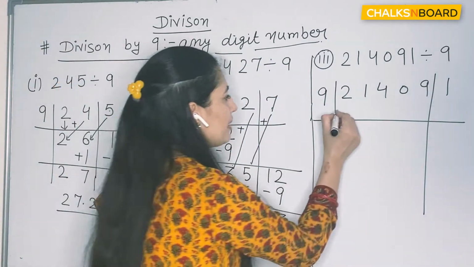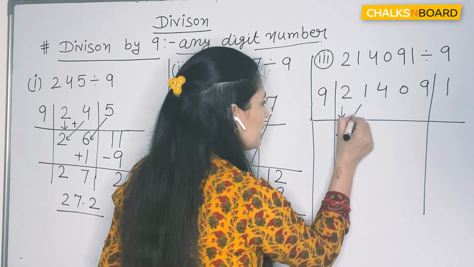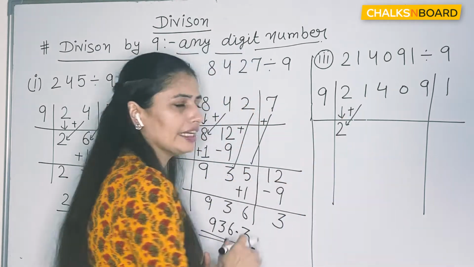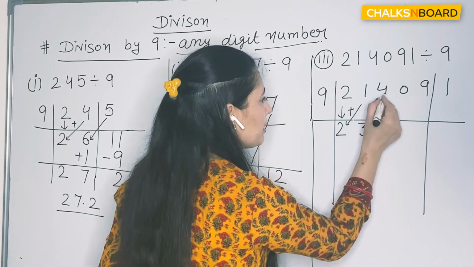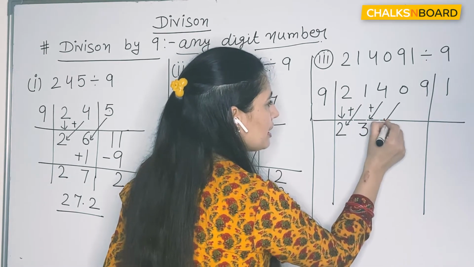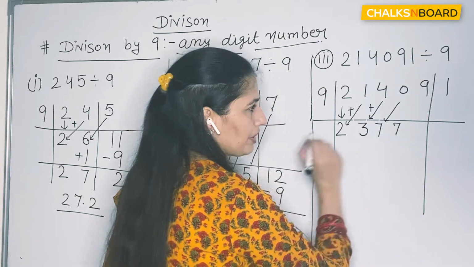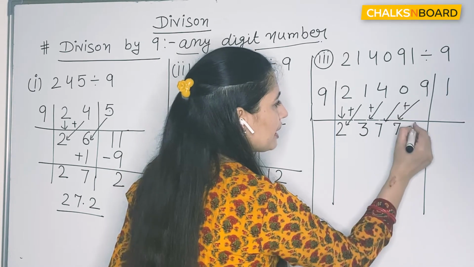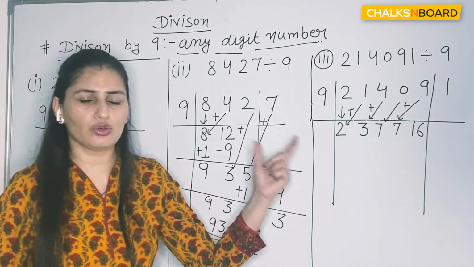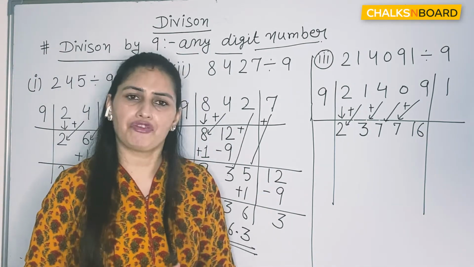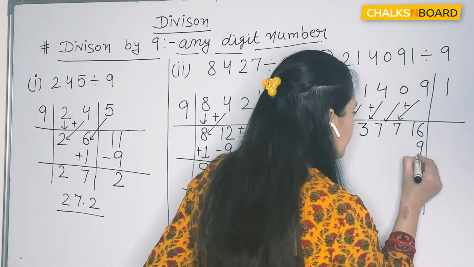So first step, write the first number as it is and then diagonal addition. That is 2 plus 1 is 3. 3 plus 4 is 7. 7 plus 0 again 7. And 9 plus 7 is 16. Now 16 is more than 9, so we have to subtract 9 from 16. That is 9 subtraction